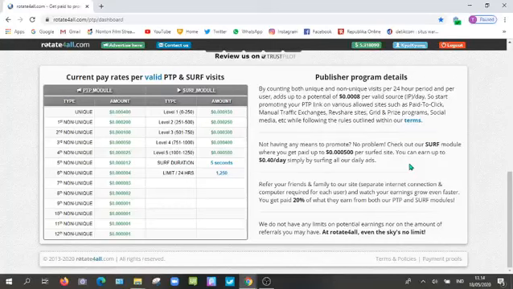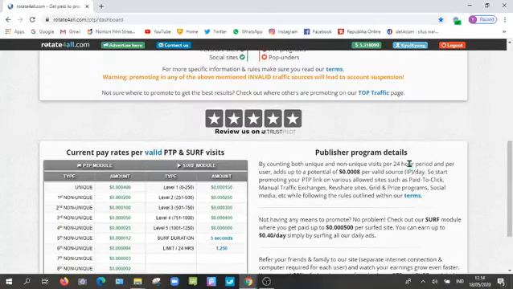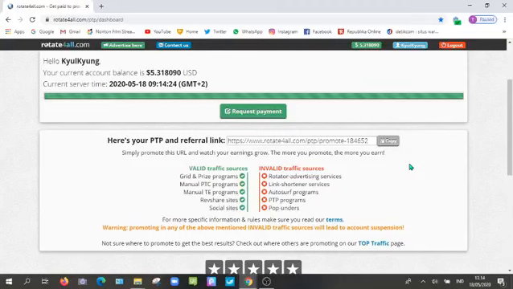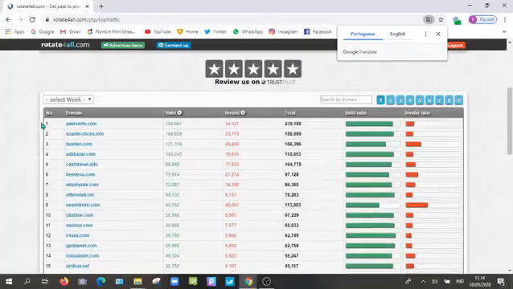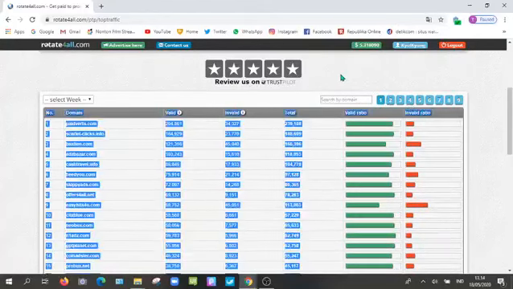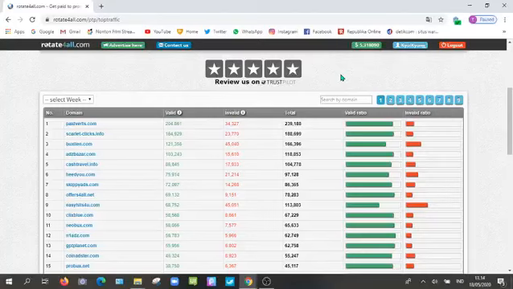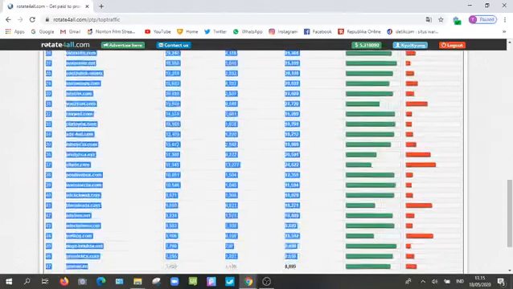As I mentioned before, we can promote our traffic sources to various websites, and they also provide you with the top traffic page, which shows you the biggest traffic sources coming to Rotate4all from all Rotate4all accounts across the world